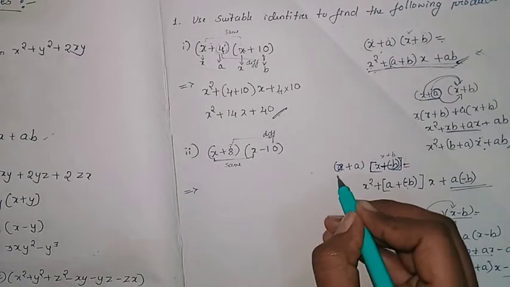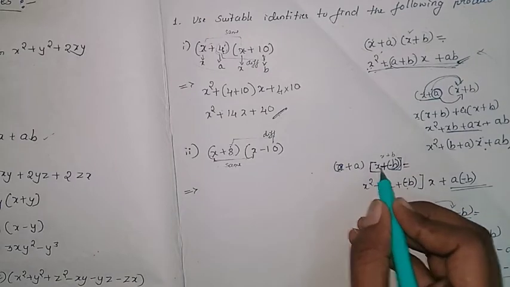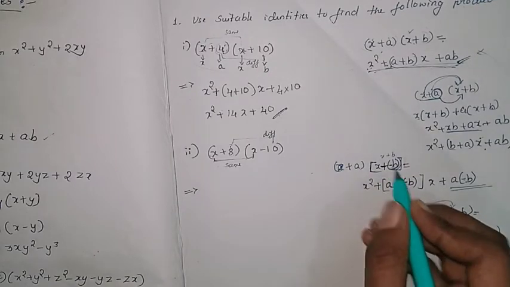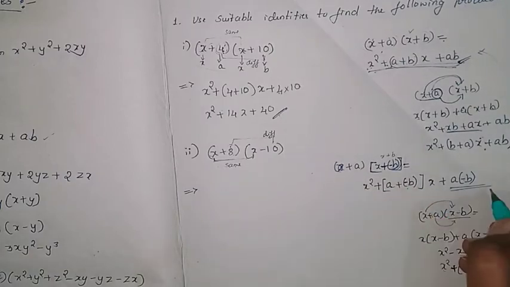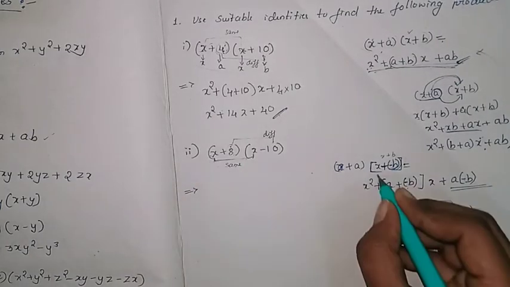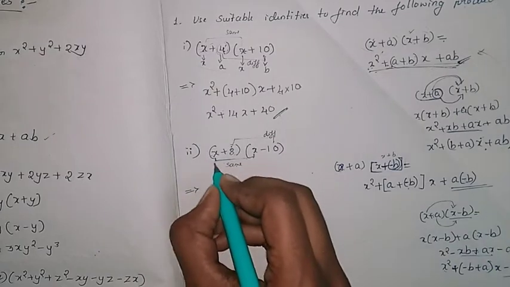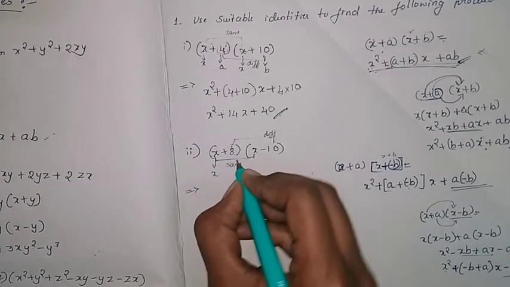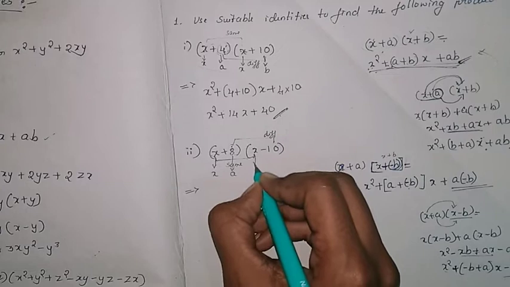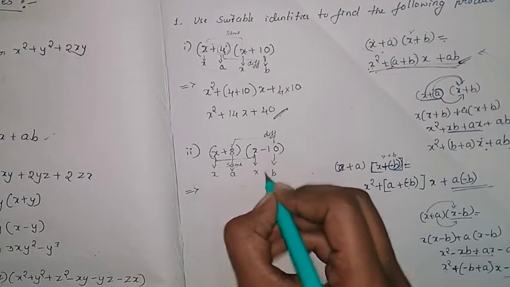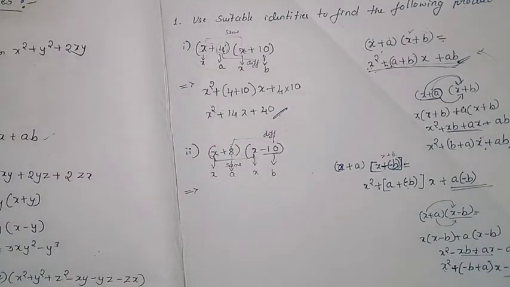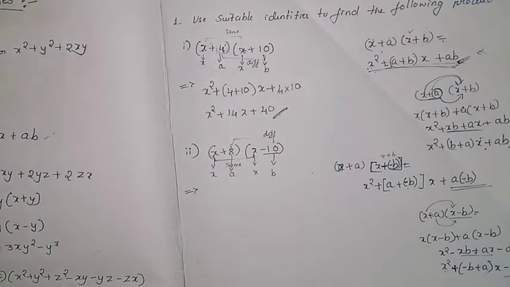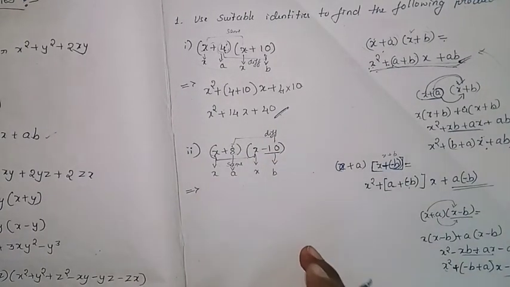So which identity are you using here? x plus a and x plus b. So there a little bit of adjustment we are doing. So you can write the formula there. So what is the formula? That is x square, which is the x term here. This is the x and this one is a, and this one is b. But you have to observe the b you have to take as a minus, as in the formula it is plus. So we are adjusting that one to the minus.